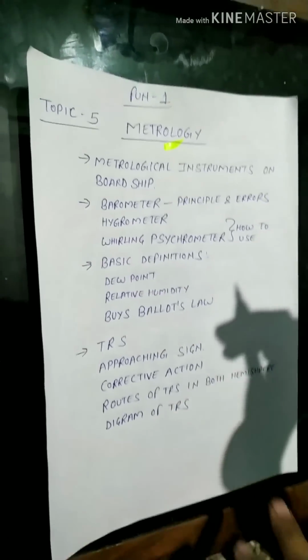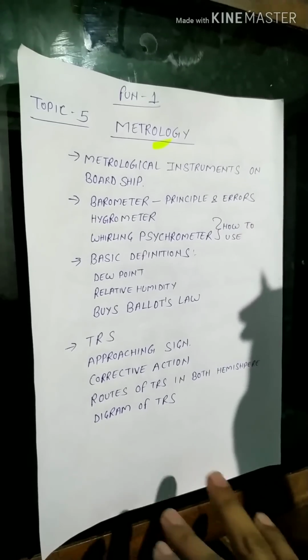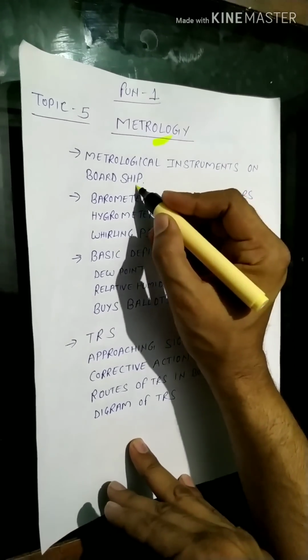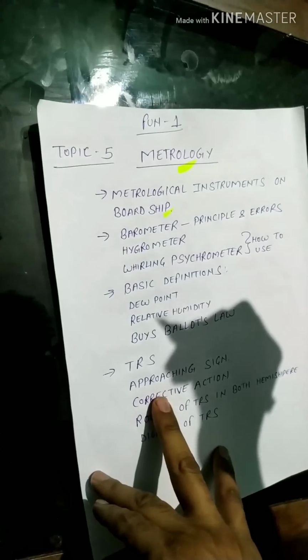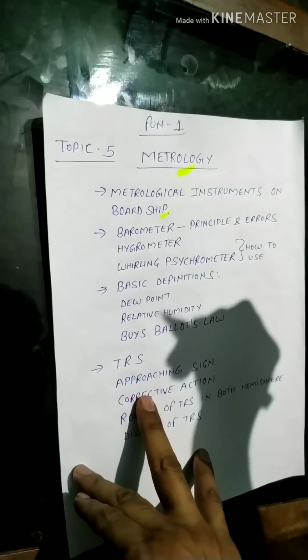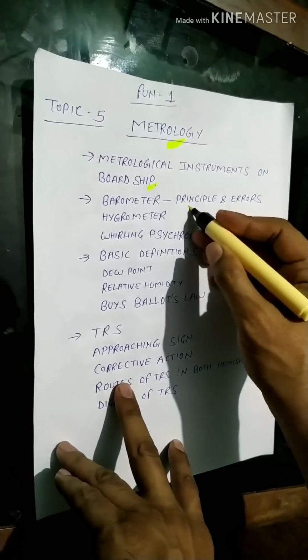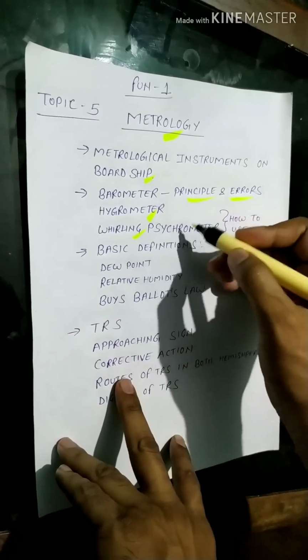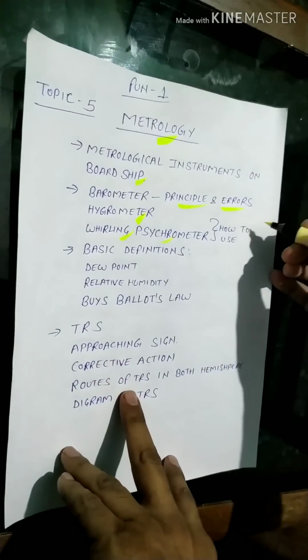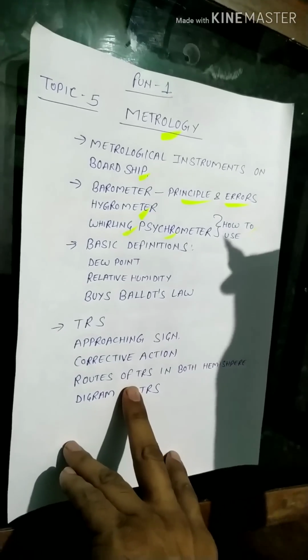In metrology, the surveyor will ask how many meteorological instruments you have on board and the purpose of the instrument. For each instrument, we have to know what information we get from each equipment. Like barometer, they will ask the principle and the errors of the barometer. Hygrometer, Whirling hygrometer, how we use it and how we find out the relative humidity and the dew point from the